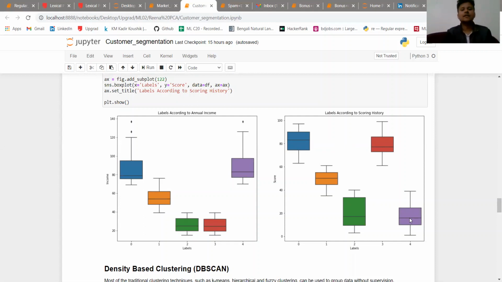So after giving this analysis to the marketing team or sales team, or whatever authority is concerned with this, they can devise proper marketing measures or promotional strategies in order to convert these low spending customers with high income into high spending customers. They can also take different strategies to make these customers spend higher. So it's completely up to them what strategies they take. The responsibility of a data analyst or data scientist is to submit the analysis.